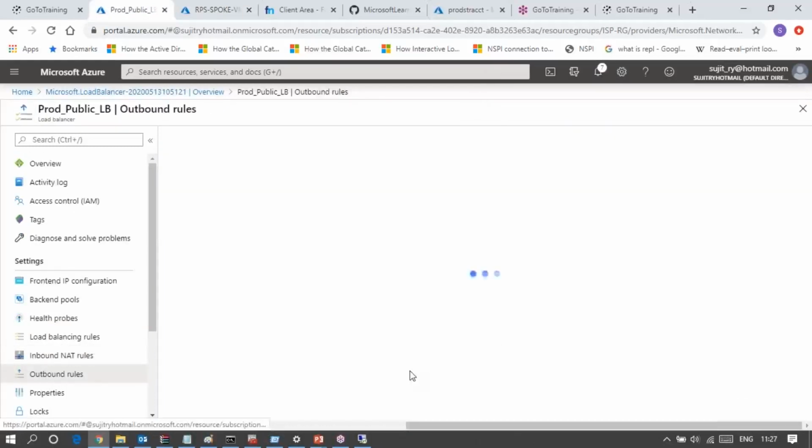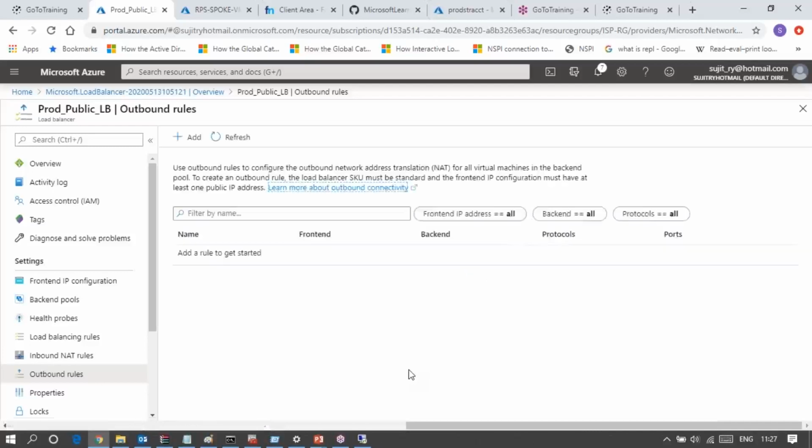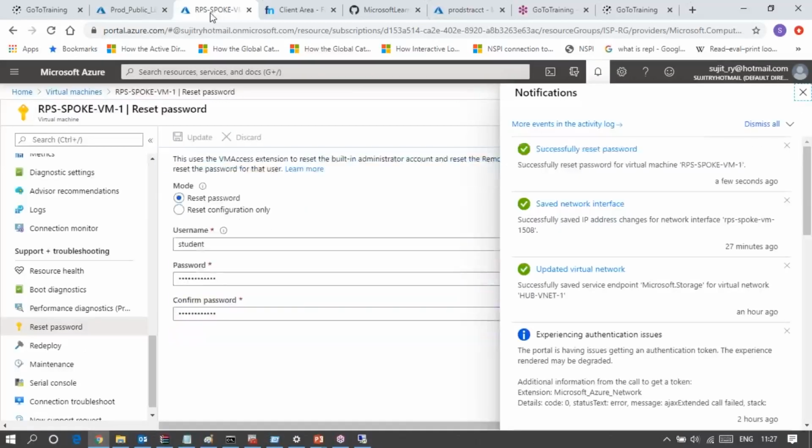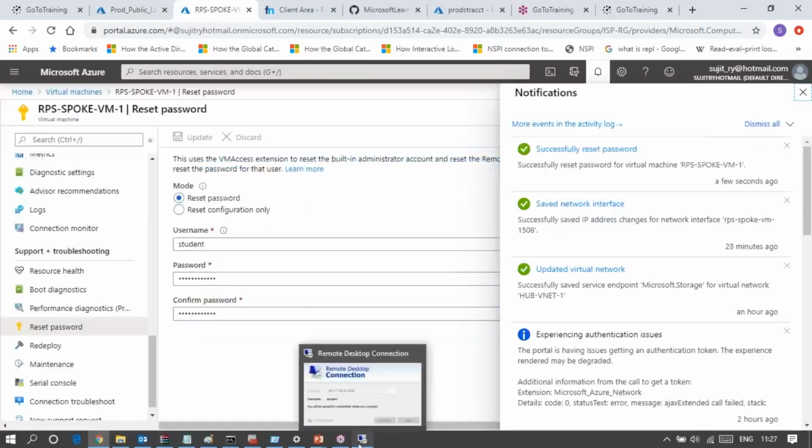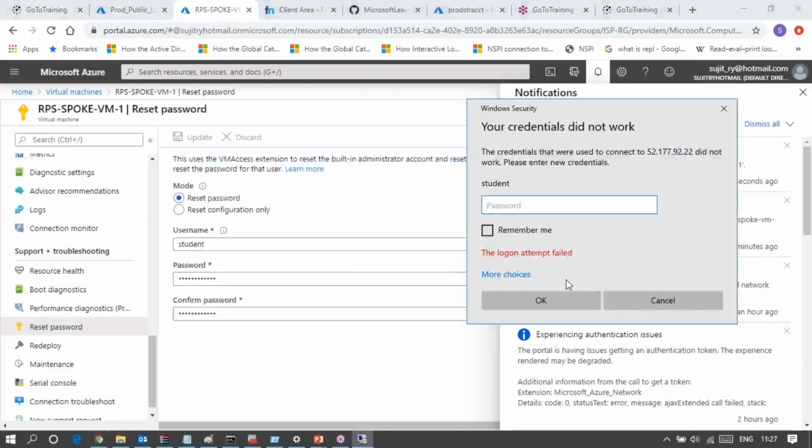Let it change the password. Let the password change, and let me check. Done.